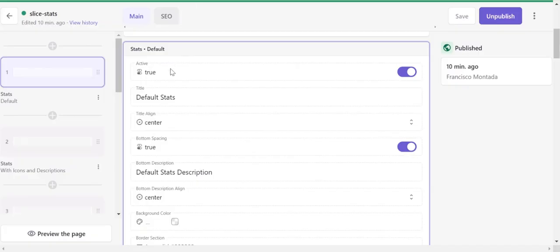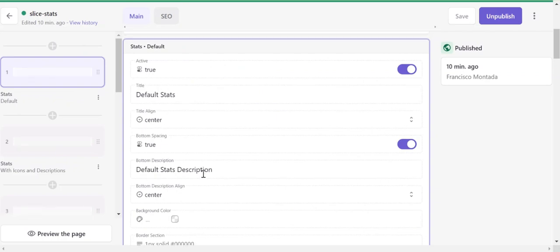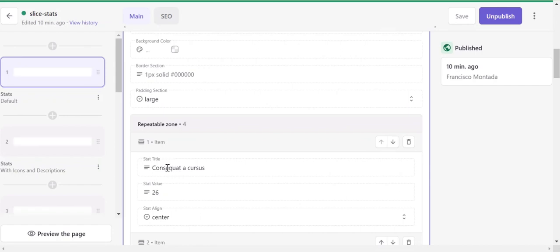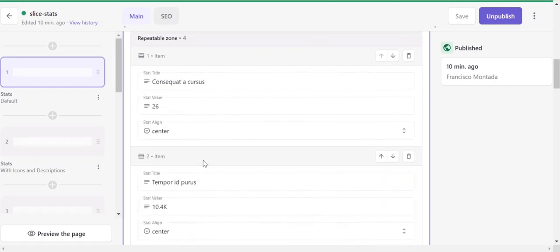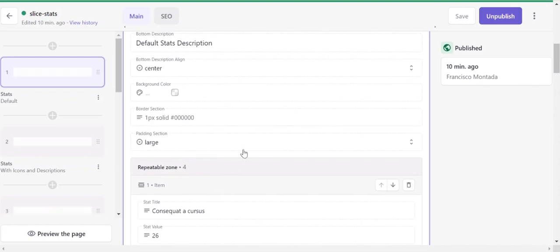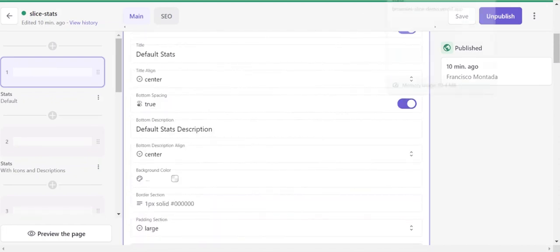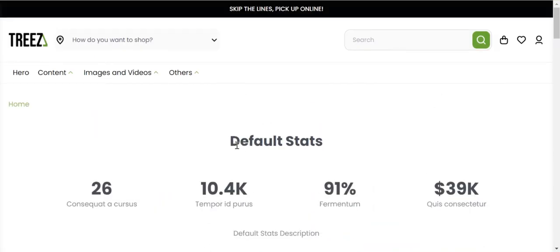Let's start with the default section, where you'll need to add a title, a description, as well as the actual stats that you want to show on the site. You can add a stat title, stat value, and so on. You can add as many as you need. Once you're done, you will be able to see how they look on the actual site. This is how they look. These are our default stat section, and these are the values with the respective description and the description of the